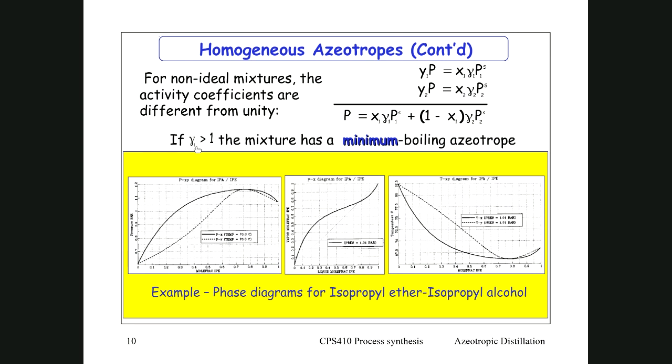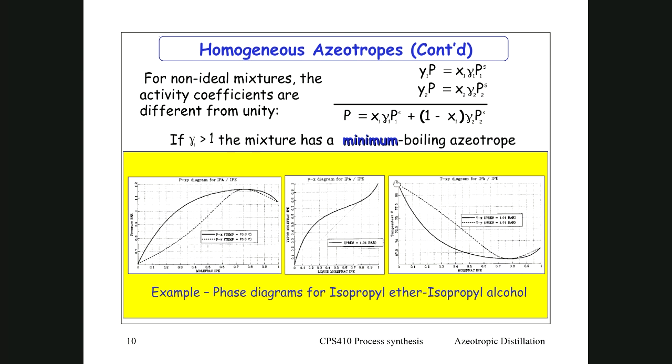So in this case, let's have a look at the pressure XY diagram. The pressure of the azeotrope is higher than the pressure of either of the two pure components. So the vapor pressure of the mixture is greater than either of the two components. If you look at, let's go to the TXY diagram, that says that the boiling temperature, the temperature at which this mixture boils, is lower for the azeotrope than for either of the two